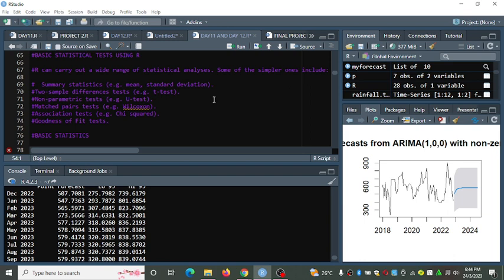And non-parametric tests are tests done to conclude on observations that do not follow a specific distribution model.